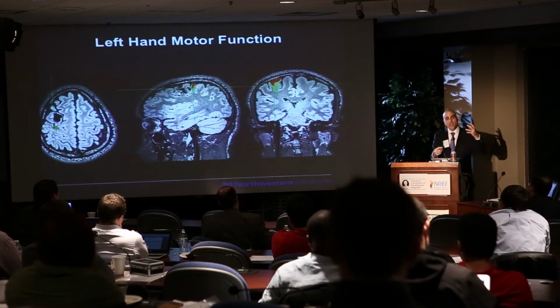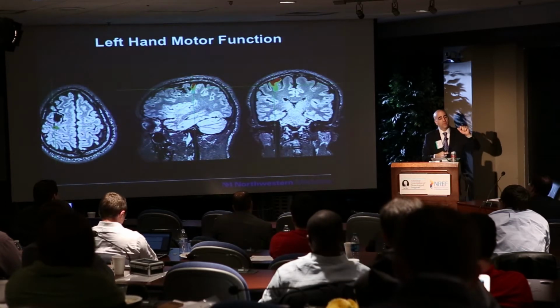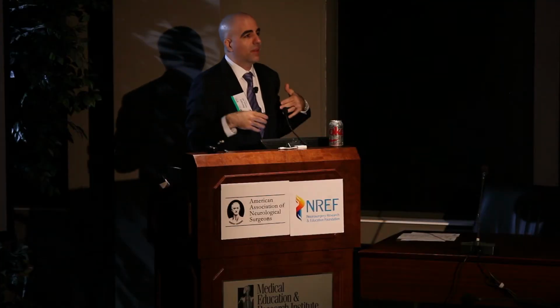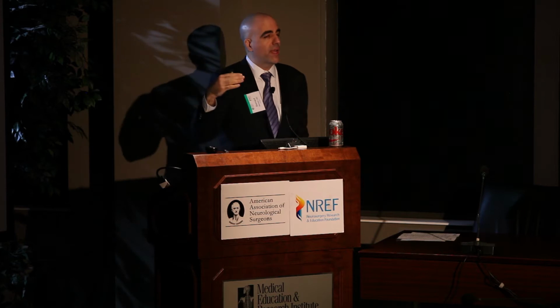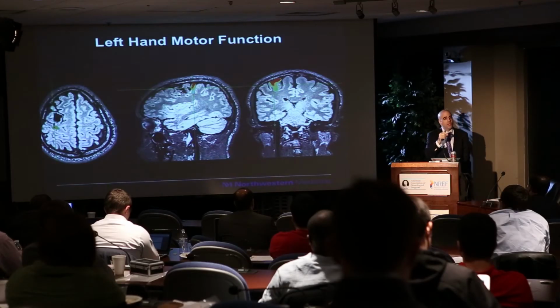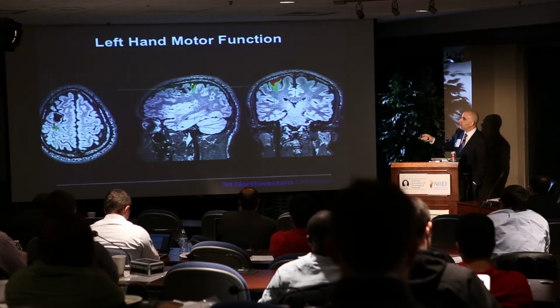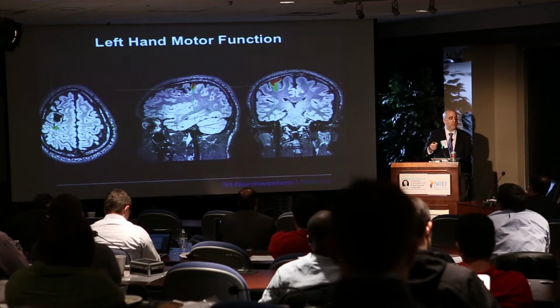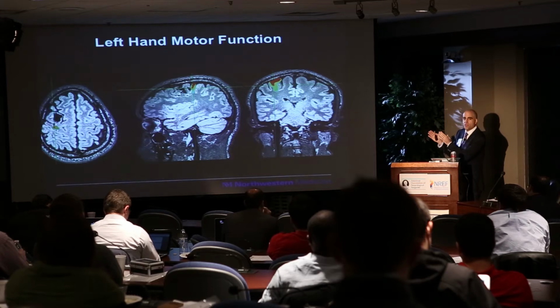If you really want to get interesting in your detective work, you need to be looking at the white matter tracts. When you talk to epilepsy surgeons and people who do a lot of mapping, the cortex doesn't bother them as much. People can resect the superficial cortical layer of the motor cortex and get away with it. It's the deeper layer. If you injure the white matter tract, that's where you don't get away with it and you get into a lot of trouble. So I don't only care about where the motor cortex is, but I want to see the corticospinal tract. But I'm not very good at looking at two-dimensional images and seeing that.